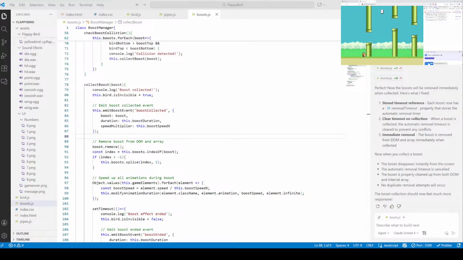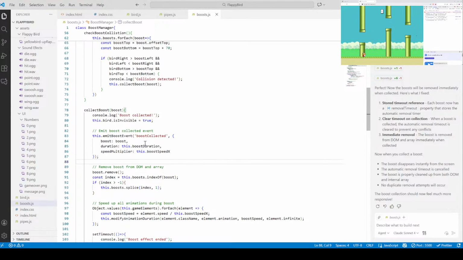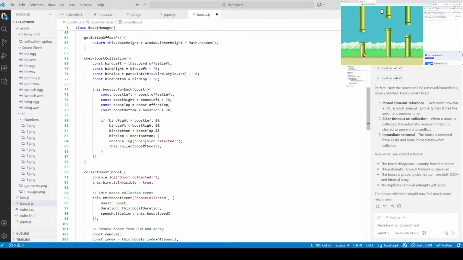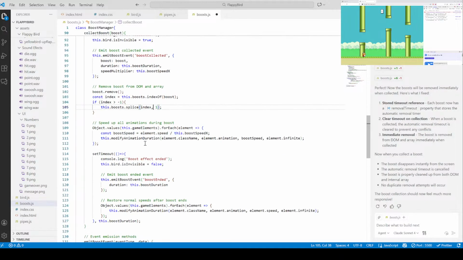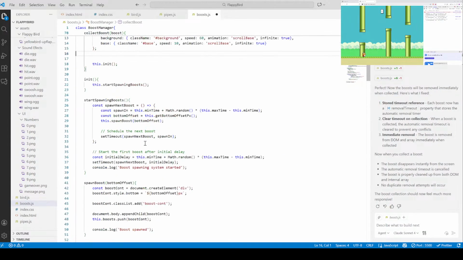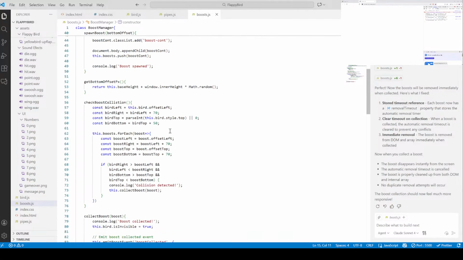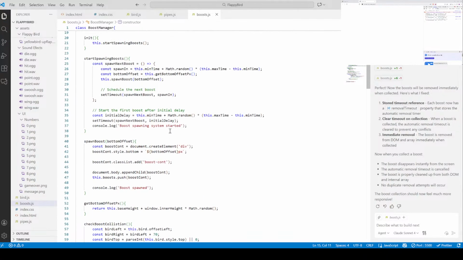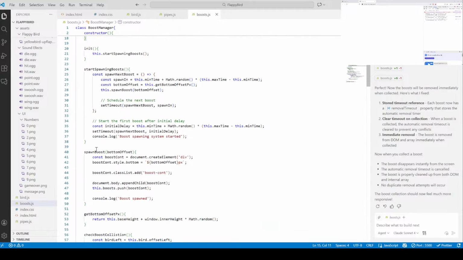Oh, I understand, because these are not collected. No, he was right actually. He was right. No, he was right. I want to schedule this